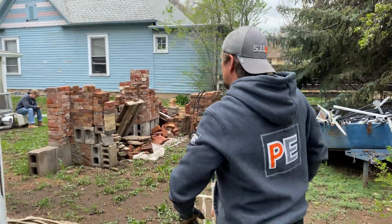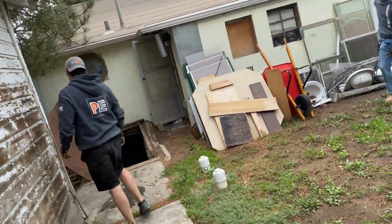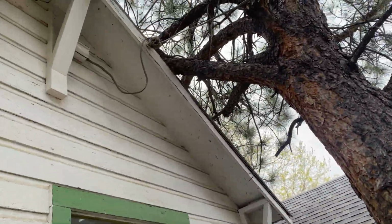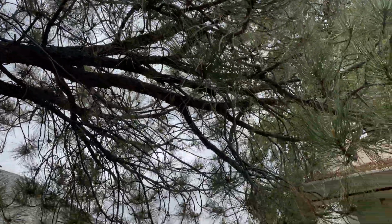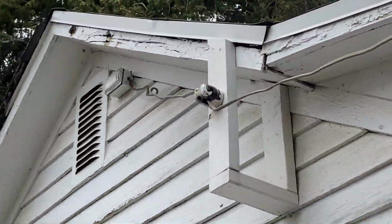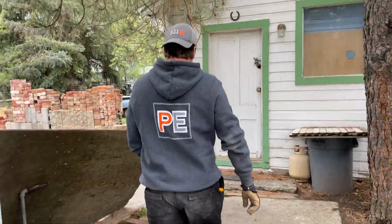So anyways, power came in, went up to here, to that 120 volt outlet, and that one UF cable ran the whole property to that outlet up there. So what we ended up doing